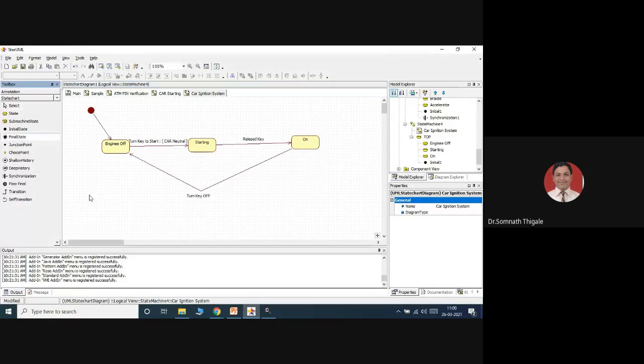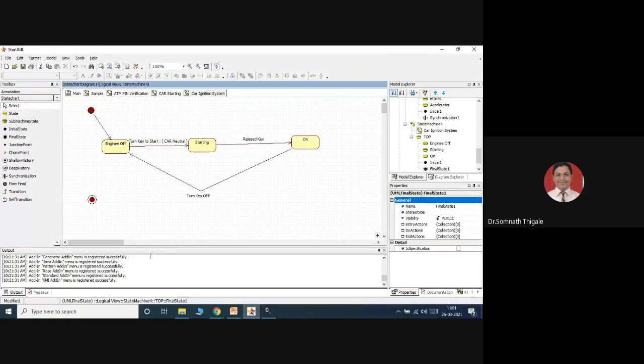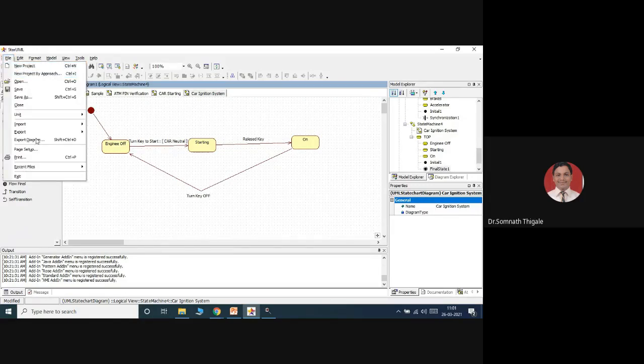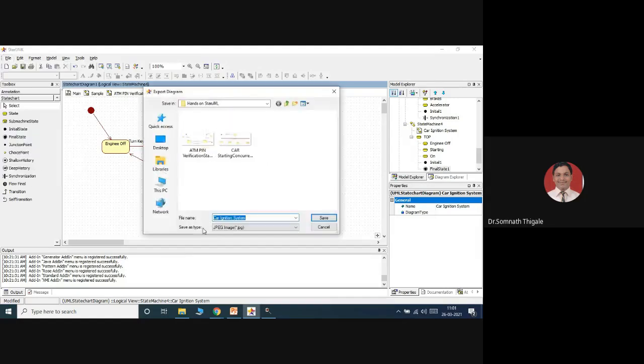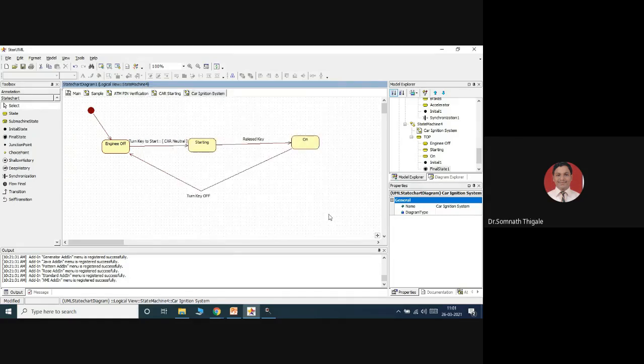Again, final state you can represent over here. So this is the ignition system. Car ignition system. I can take this outside, export the diagram. Car ignition system, take diagram. Save this.